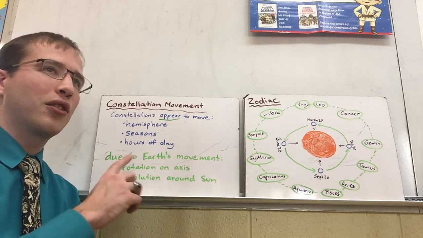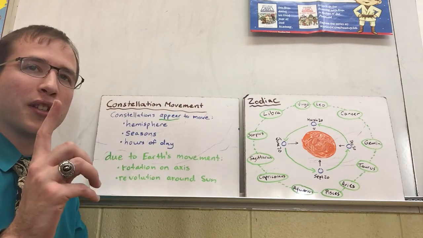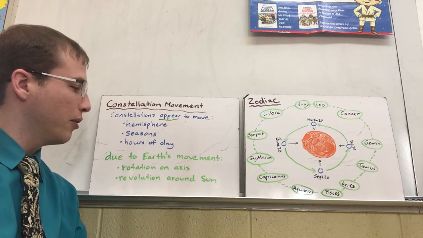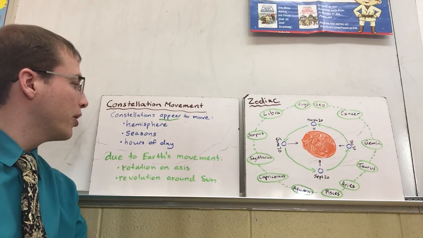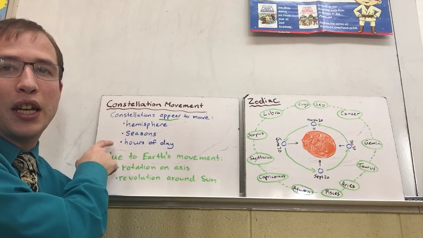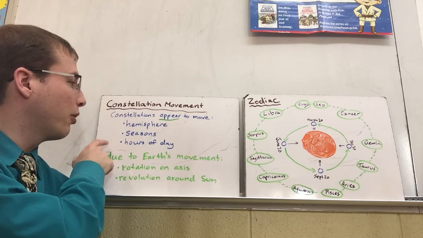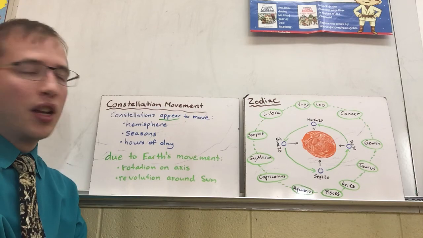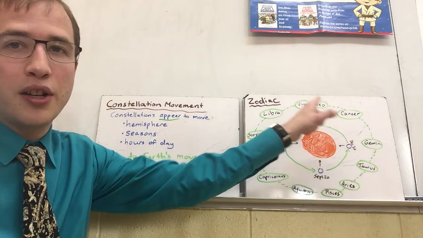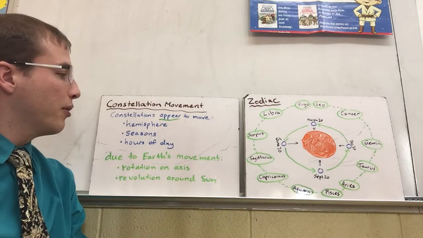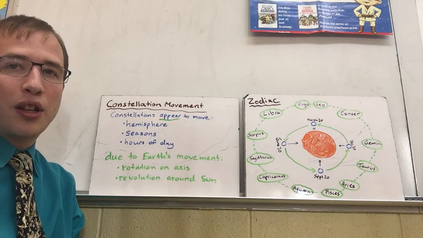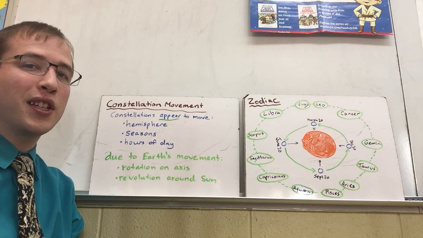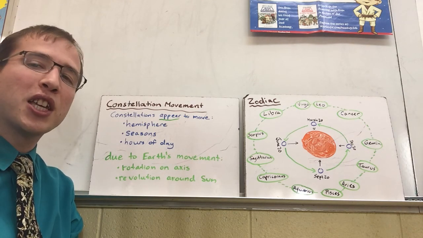Much like it appears to us that the sun is moving across the sky, we know that's because the Earth is actually rotating. So the rotation on its axis is going to affect the hours of the day and which constellations we see at each hour of the day. And then the revolution around the sun, like we see here, is going to indicate a different constellation that we see in the nighttime sky. So those seasons also affect what we see in our nighttime sky. And all of that is based on the movement